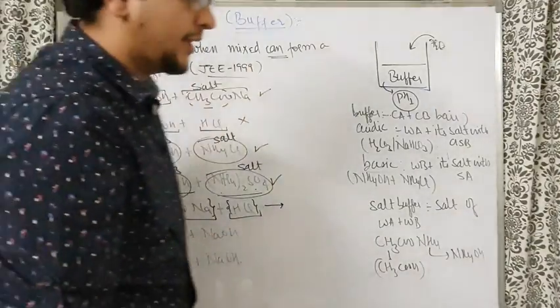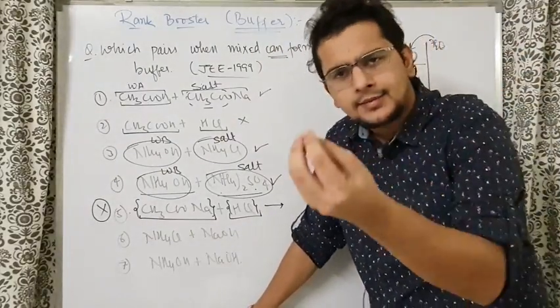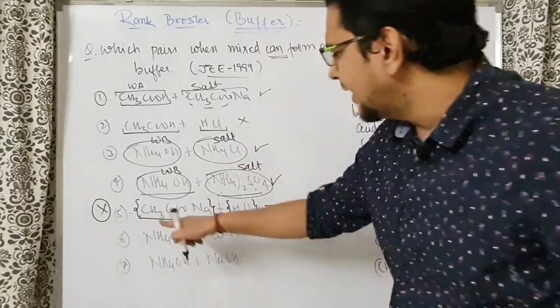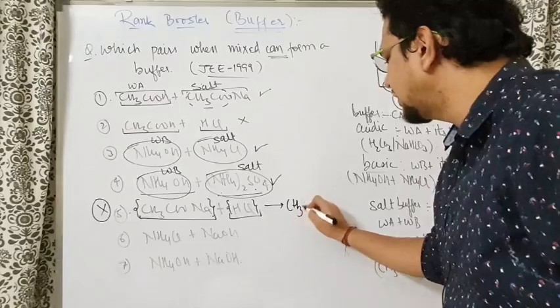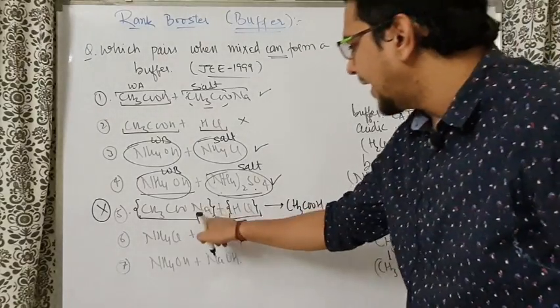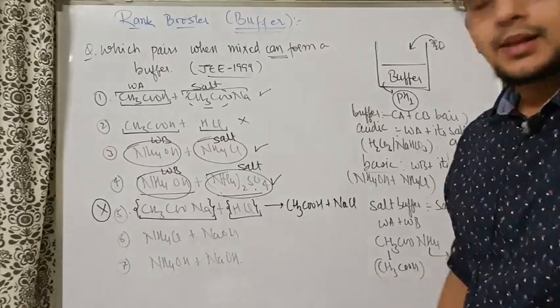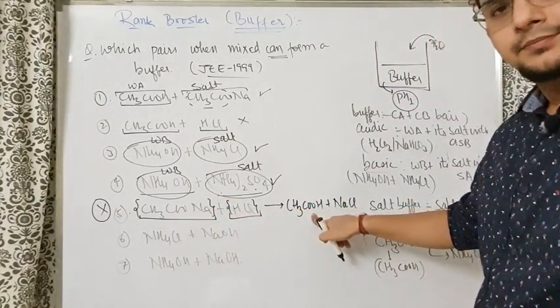Sir, how can I know in the exam they will react with each other? Arey bhaiya, electrostatics you know na. Plus attracts minus, minus attracts plus. So CH3COO minus is there, it will attract the H plus to form CH3COOH. Na plus attracts Cl minus to form NaCl. बहुत बढ़िया काम. Then what? Then nothing. CH3COOH will be formed.